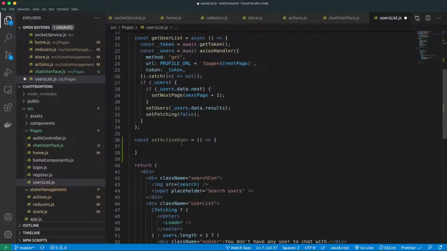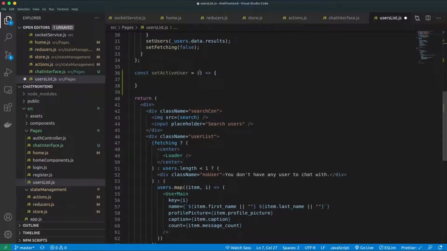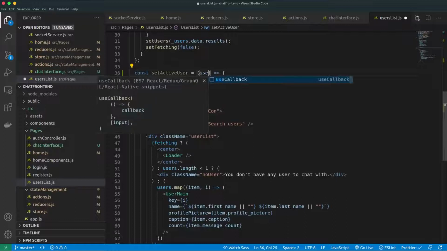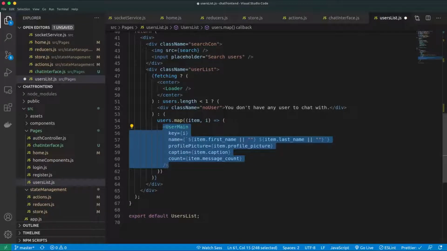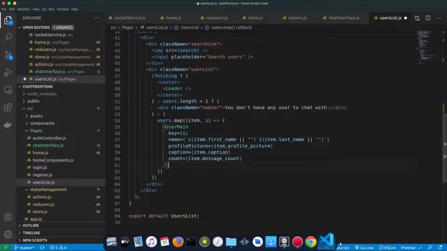So setActiveUser. Here we want to get the user data. So let's get it, userData. And now on this user main, that's where we want to have our onClick and set the active user. So when we click on the user main, we should be able to get that. So now that depends. So if we go back to the view,